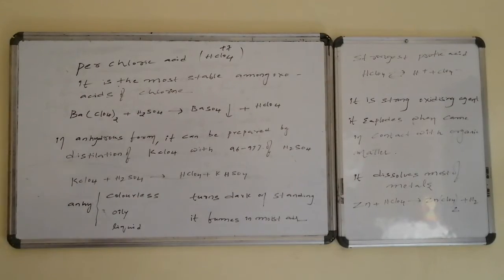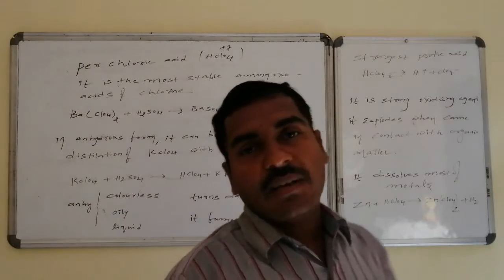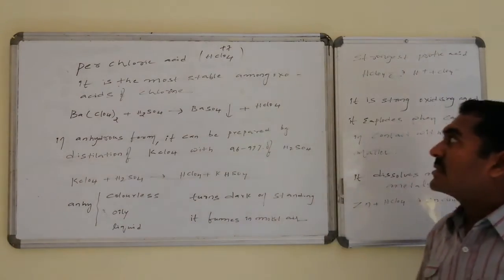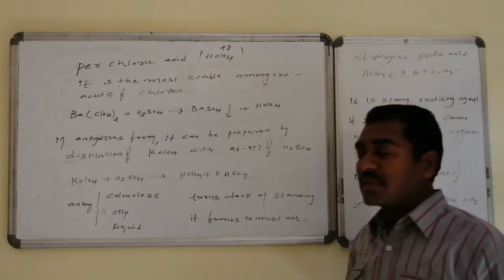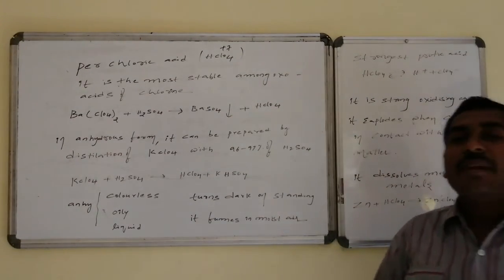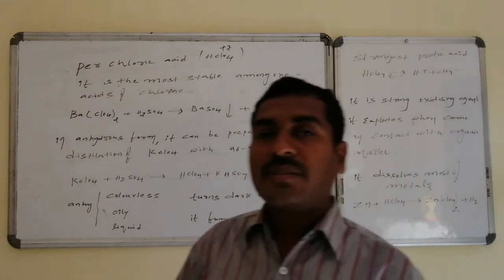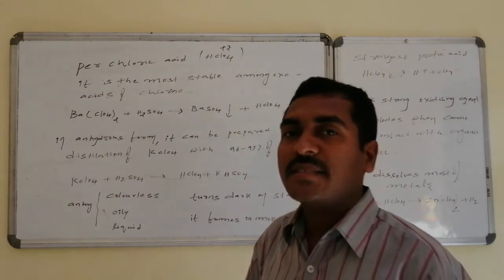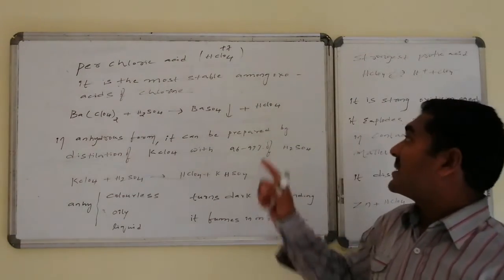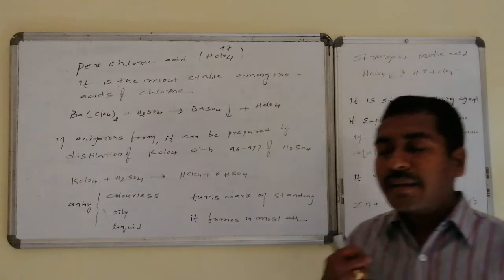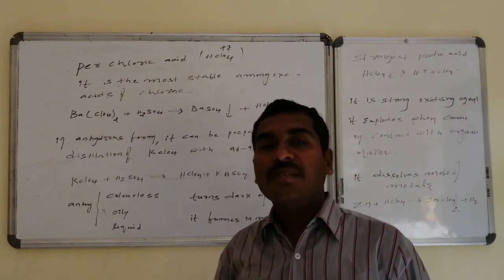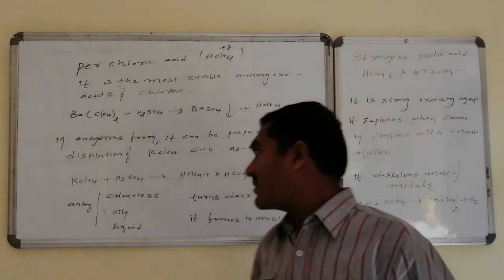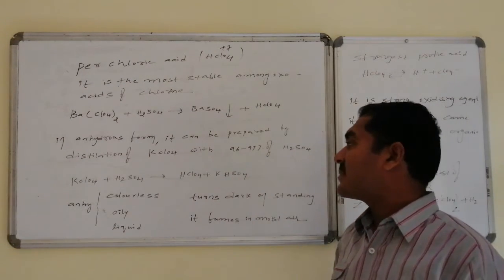Perchloric acid, that is HClO4, with the oxidation number of chlorine as +7. It is the most stable of the oxo acids of chlorine. And barium perchlorate on reaction with sulfuric acid leads to the formation of the precipitate barium sulfate followed by perchloric acid, that is HClO4, where chlorine has the +7 oxidation state. In anhydrous form, it can be prepared from potassium perchlorate followed by what? 96 to 97% sulfuric acid. Thus it leads to the formation of anhydrous perchloric acid.